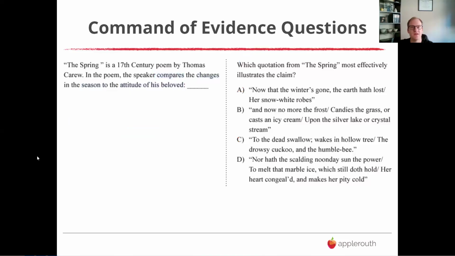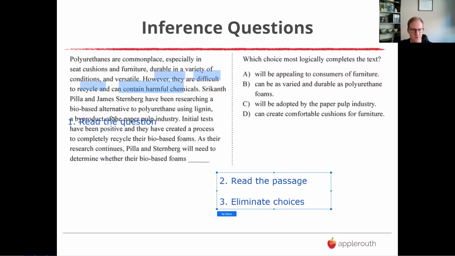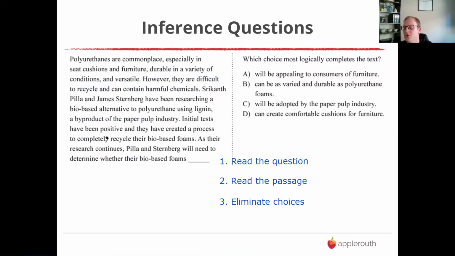A lot of people can look at this and say, okay, well, I prefer vocab to command of evidence. Fair, but again, some of the tough vocab questions will be some of the hardest on the test. Next up is inference. Same strategy here. So we'll bring this back. It's really read the question, read the passage, eliminate choices, not rocket science. When you are inferring, you don't want to assume too much. I'll give just a minute for people to try this one.